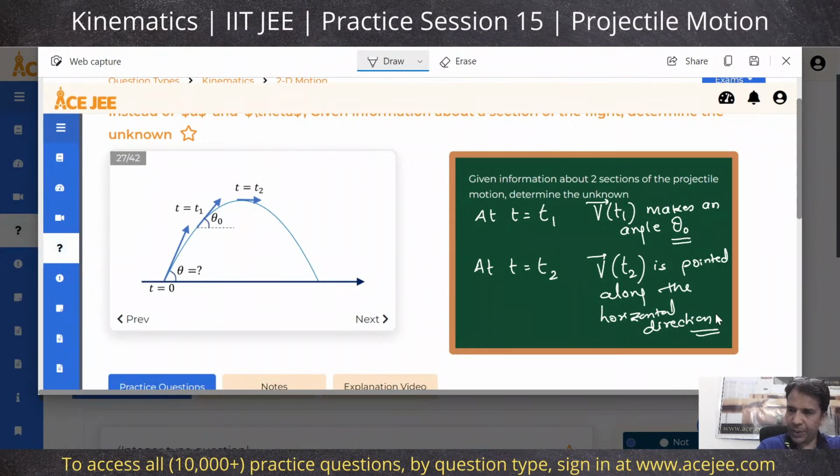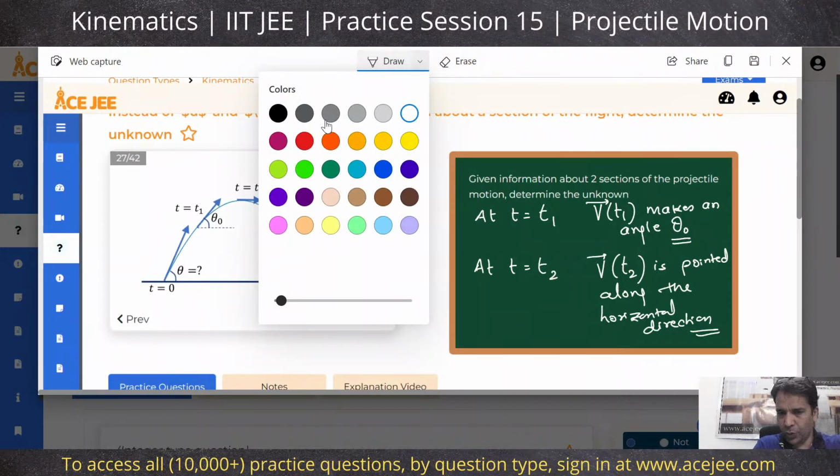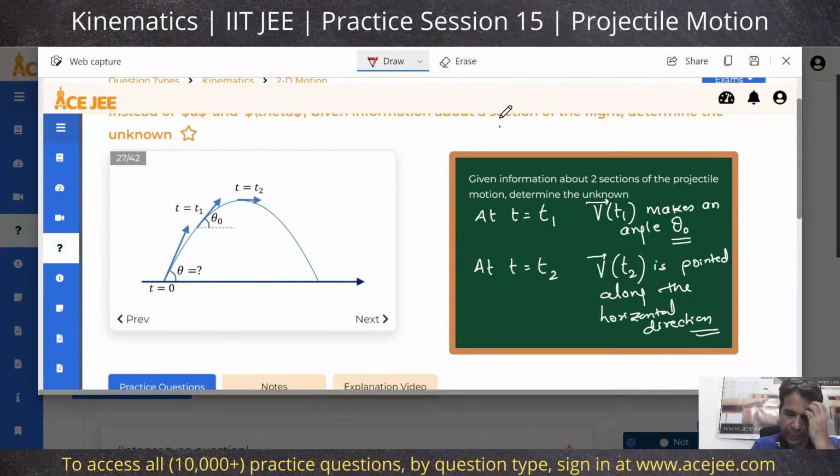What are the equations? Please tell me the equations. I'll write them. I'll solve it for you guys. Anybody can take the